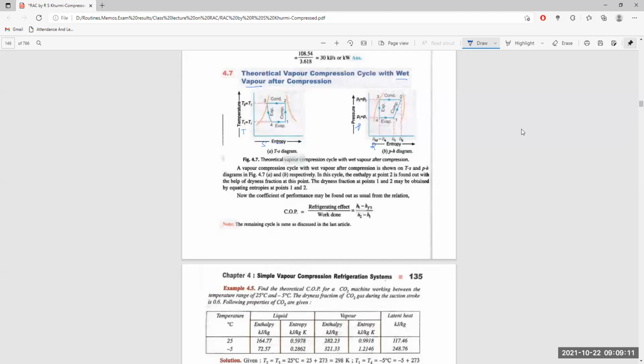But both these charts show that the condensation and evaporation process is an isothermal process, meaning it is not changing its temperature during this process, right? Because it is working only on the latent heat of evaporation and latent heat of condensation itself. So this